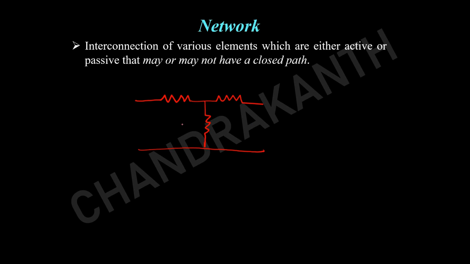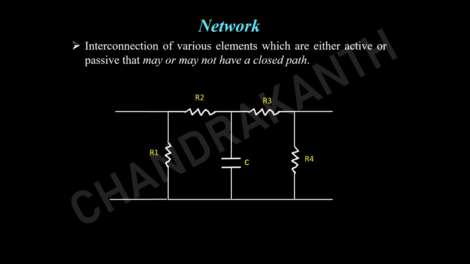Okay, so then also we can call this a network, and it may have one or two closed loops also. Then also we can call this a network. It means that your network may or may not have a closed path. There is no compulsion that the network must have a closed path. The example for the network can be like this. In this network we have specified only the passive elements, where you have 4 resistor values and 1